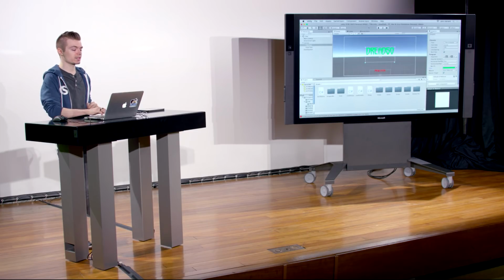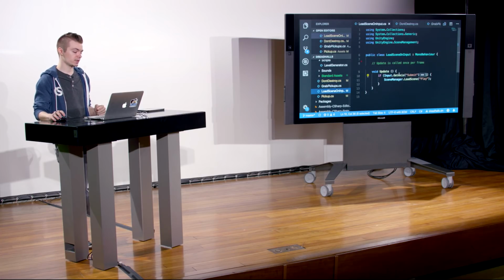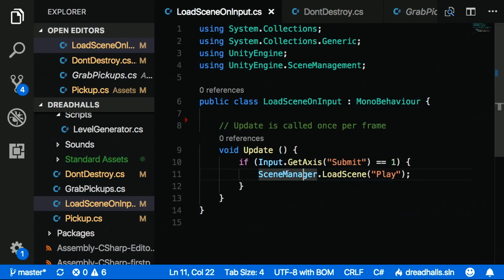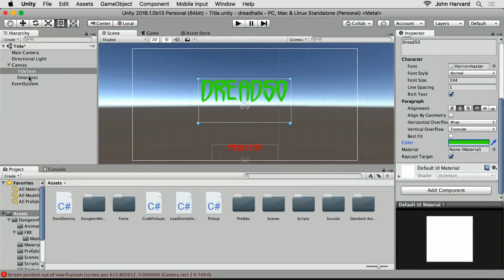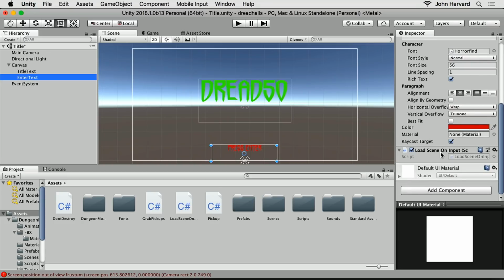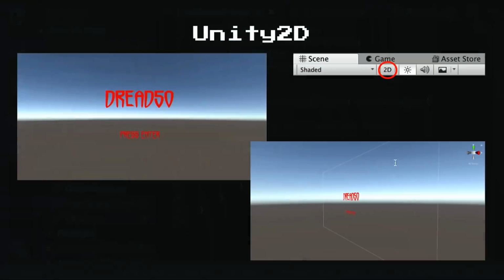So the transition to the rest of the game is in the load scene on input here. So this script that we looked at earlier, this is assigned to one of those text labels. I think it's the enter text. So I gave it this load scene on input just because it's the enter text. It seemed appropriate. Could put it on anything in the scene. It doesn't matter. As long as it has this update function, which then has this if input.GetAxis("Submit") equals 1, and then recall